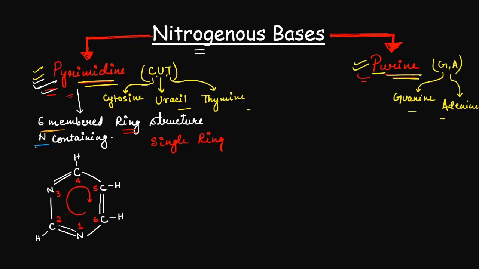Now for the position of nitrogen, nitrogen is present on the first position and on the third position. You don't need to remember the position. Once you have learned the structure, you can easily draw a simple structure whenever you need, and then you can place the double bonds, and you know that carbon and nitrogen are alternate, so you can place these and then you can remember the position of each and every member.